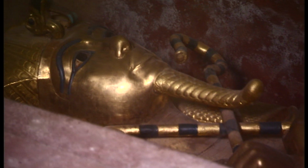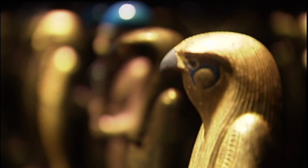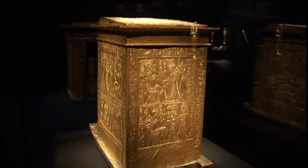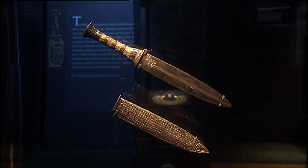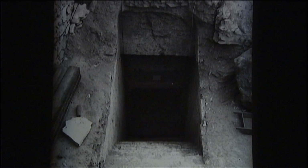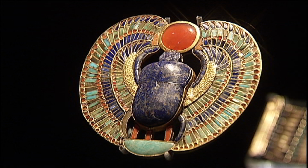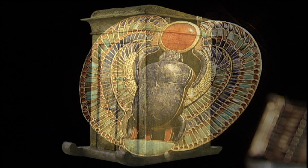Tombs like this weren't just filled with mummies and gross body parts in jars. They contained very valuable objects. The Egyptians believed they could take their riches with them after they died, but those riches made tombs a target for thieves. Despite that, robbers left a lot of King Tut's treasure behind, and people everywhere were blown away with